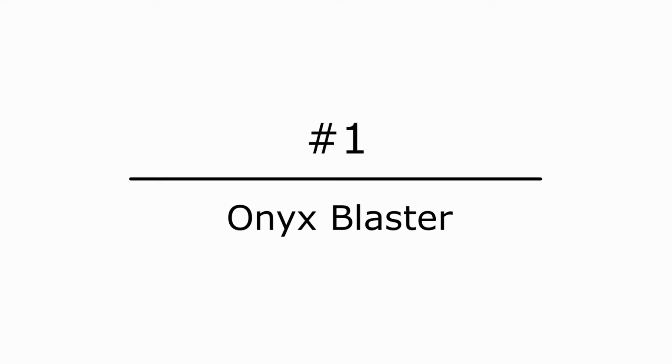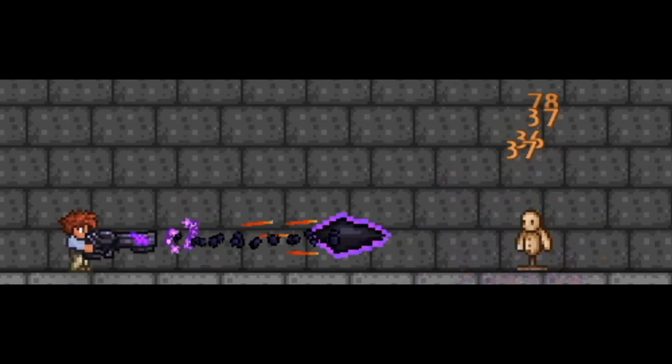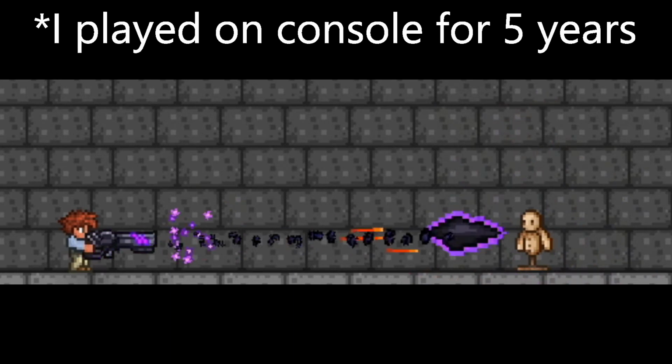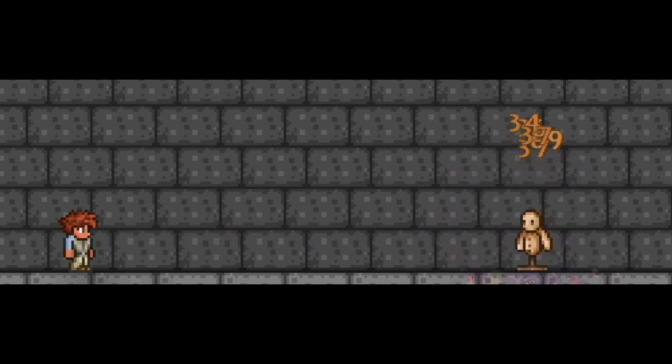Finally, at number 1, is the Onyx Blaster. You might not have heard of this one. The problem here is that the Onyx Blaster is on desktop only. Pretty much, if you don't play on desktop, like I did for 5 years, then number 1 is the Possessed Hatchet. Anyway, the Onyx Blaster is crafted from 2 dark shards, 10 souls of night, and a shotgun, which is